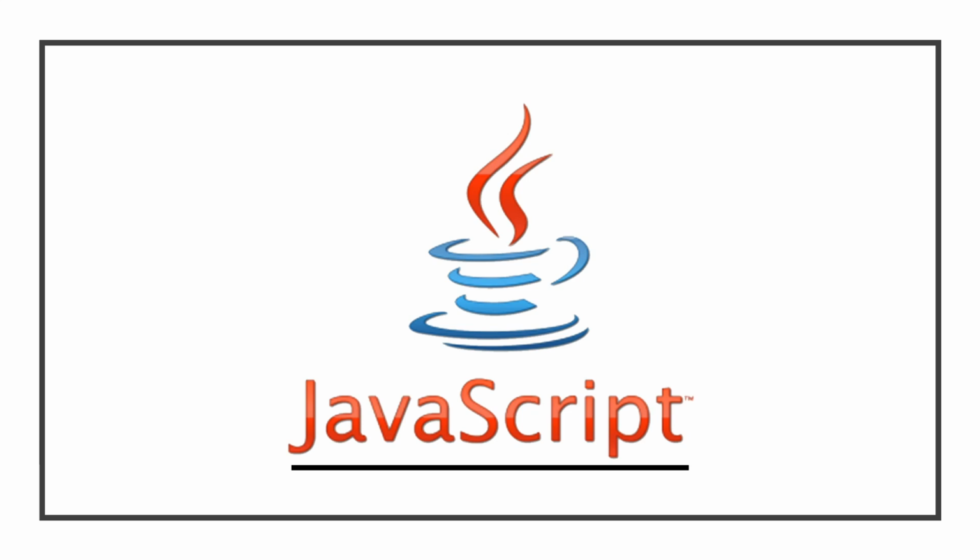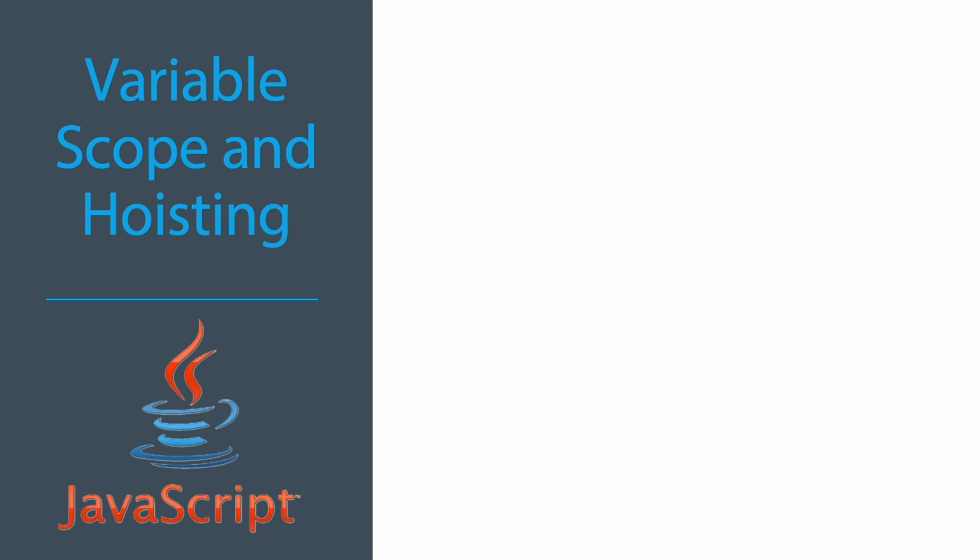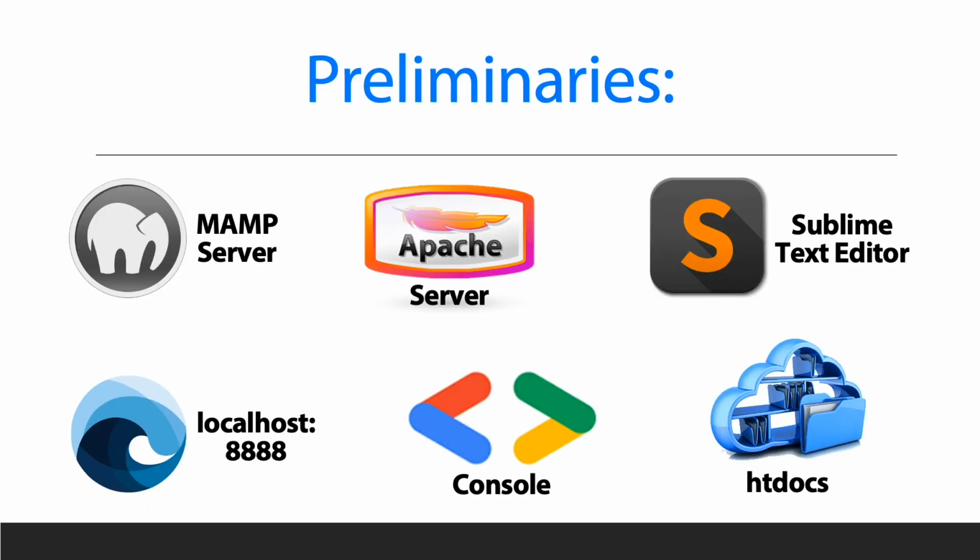In this JavaScript lesson, we'll continue to learn variable scope and hoisting. This is lesson 2.4. It is expected that these applications and folder are active in the background while we are going through our lessons. We have the MAMP server, Apache server, Sublime Text editor, localhost 8888, the console, and htdocs